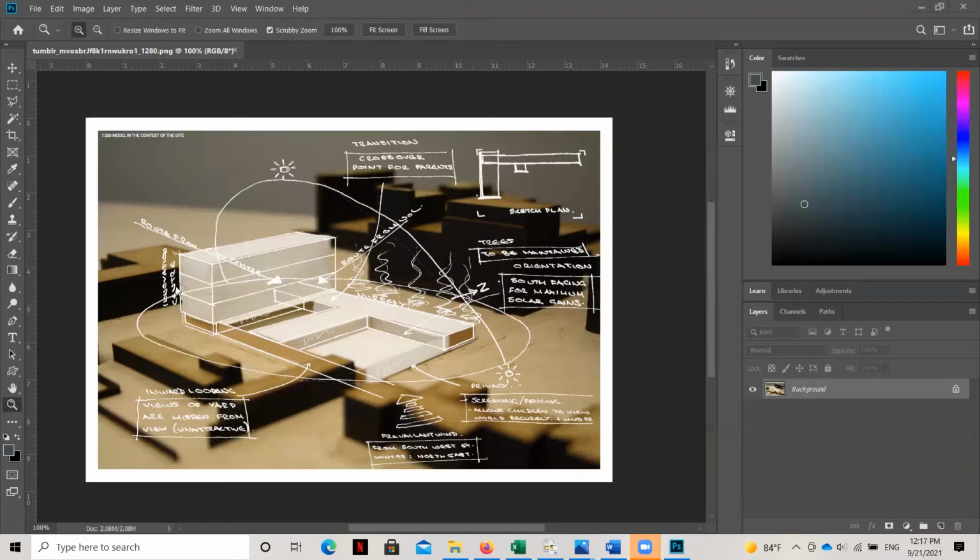They opened that scanned tracing paper as a layer and brought it on top of the layer that contained this photograph. Then what they did to the layer of tracing paper was they used their magic wand tool and they got rid of all of the parts that were kind of that light white transparent tracing paper that didn't have any drawings on top. And so they were left with basically this element, all the hand sketch elements. Now, at that point, it was still probably just black ink with a clear background.